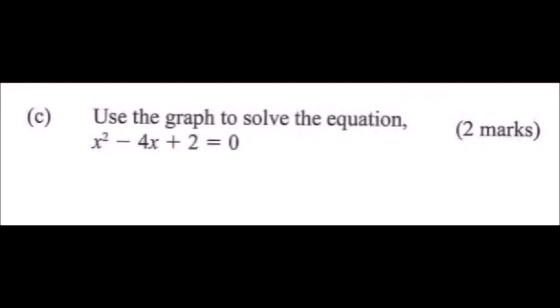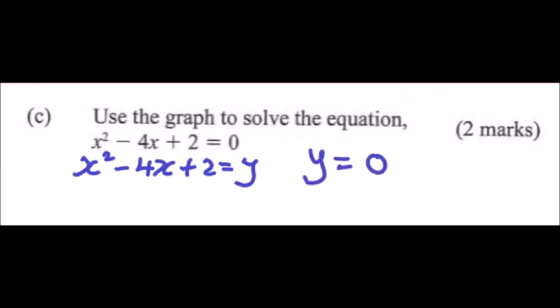is equal to 0. And remember, our function was x squared minus 4x plus 2 is equal to y. So what it means is we find the values of x when y is equated to 0. So what we are required here is to find the values of x when y is equal to 0. The values of x will be those points where the graph cuts the x-axis, because that is where our y is 0. So let's go back to our graph and see what the values of x are